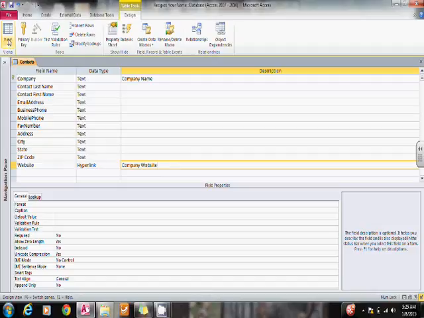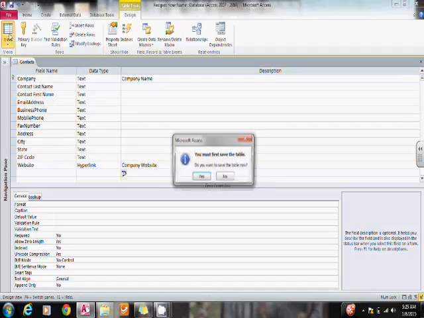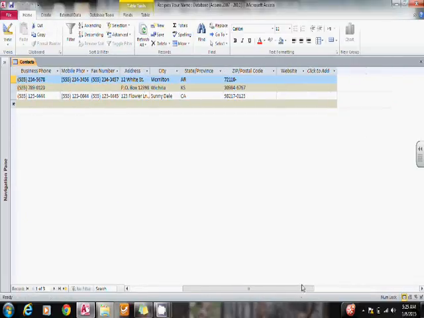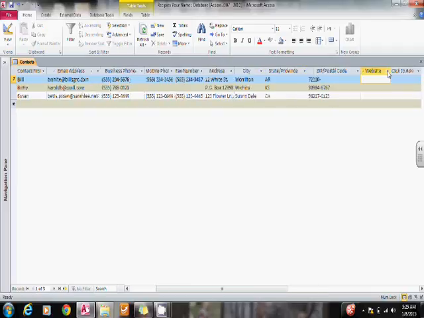Let's go back to Datasheet View. First, save the table, yes. If we scroll over to the right-hand side, now we see that a company website is visible. So it's going to be www.billsgrocery.com,